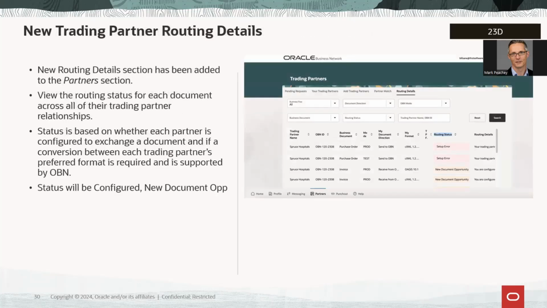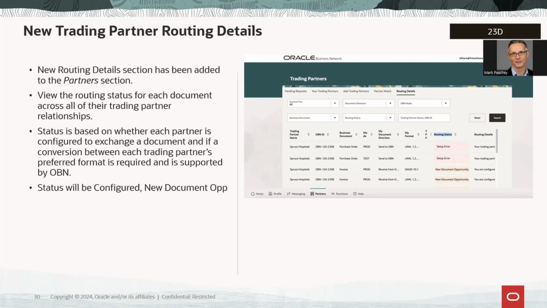We also put in a page which allows people to look at routing detail information. So for any organization, once you've signed up to Oracle Business Network, you will configure which documents you wish to send, which you wish to receive. The routing detail page allows you now to look at,